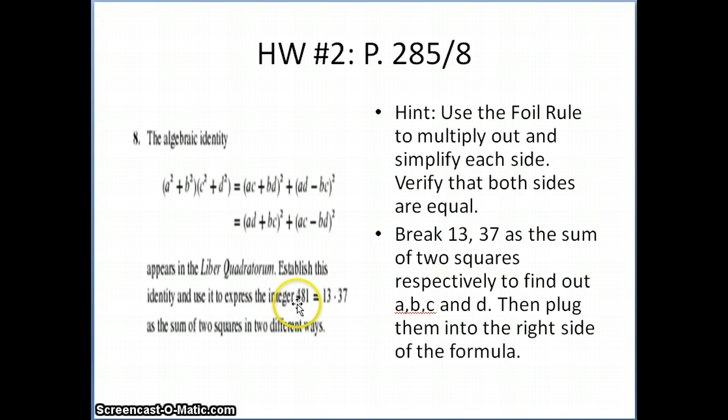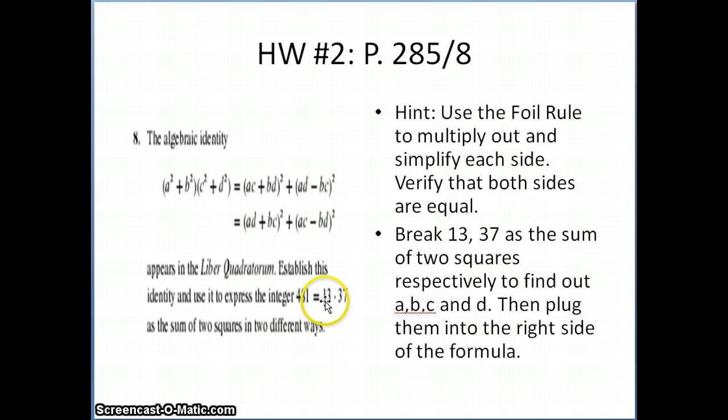Express the integer 481 as the sum of 2 squares in 2 different ways. So what we want to do is break 481 into some number squared plus another number squared, and we want to find these 2 numbers. If we notice in the formula, the middle part and the third part are exactly sums of 2 squares: something squared plus something squared. So if we can use what's given here,